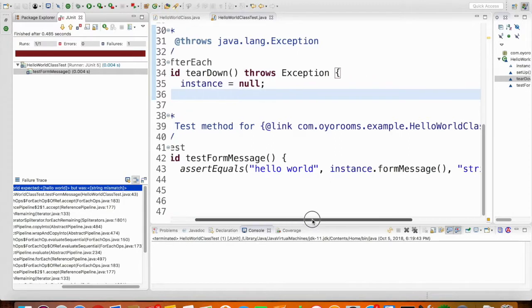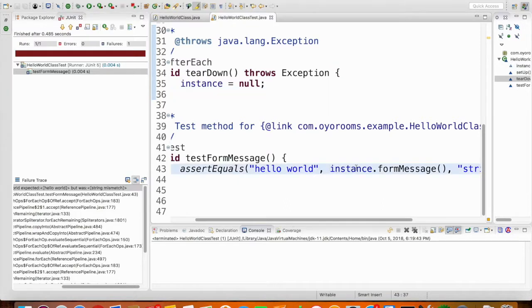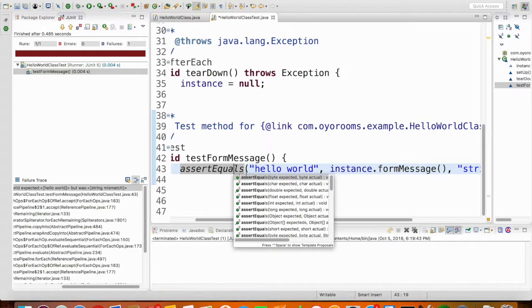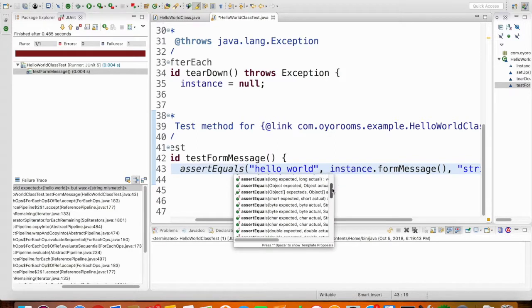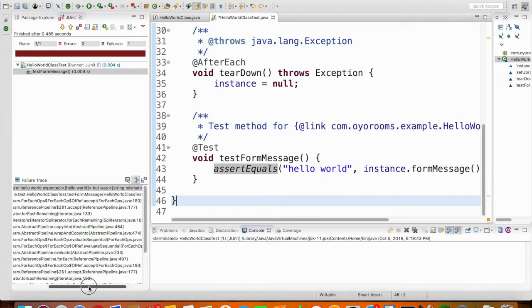So there is hello world, but something. Okay. So it looks like I used a wrong method. It is expecting hello world and comparison failure. Hello world expected. Okay. So it looks like